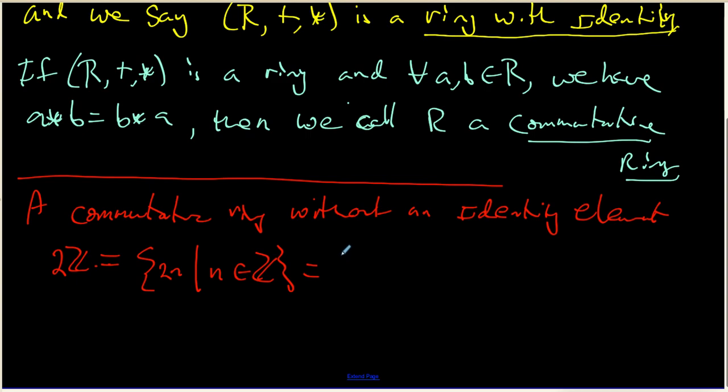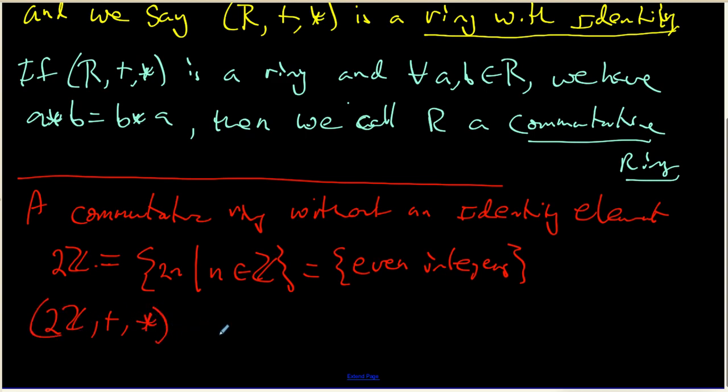This is the set of even integers. Now, clearly, 2Z has an addition and a times defined on it that it inherits from Z. And what I want to notice is that in this structure, both plus and times are closed,